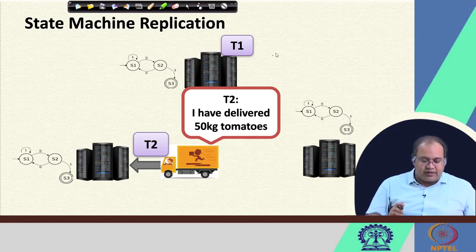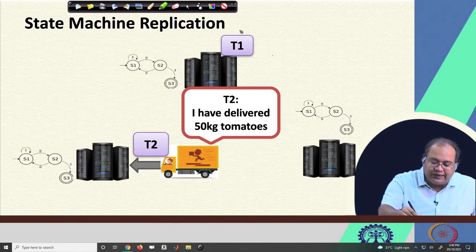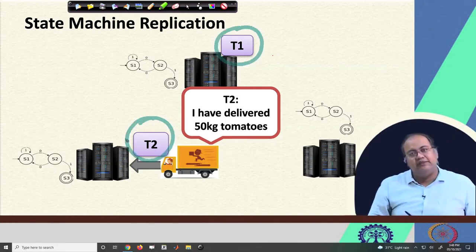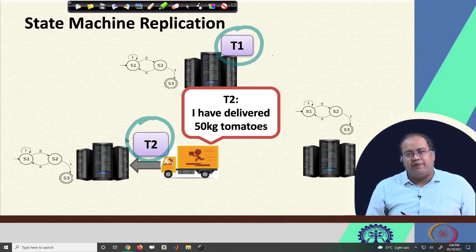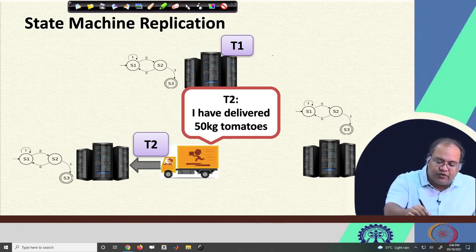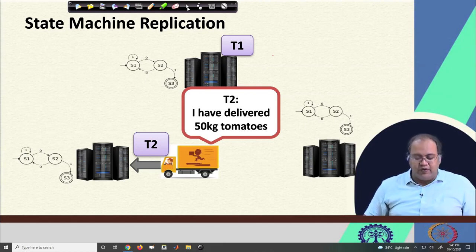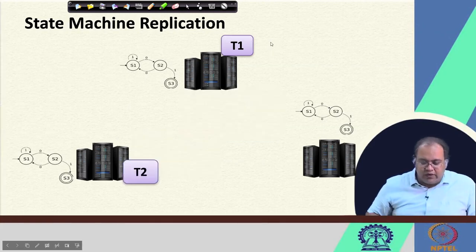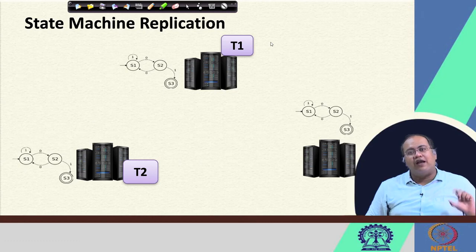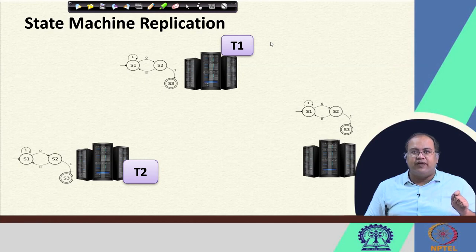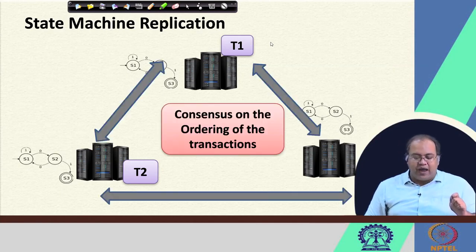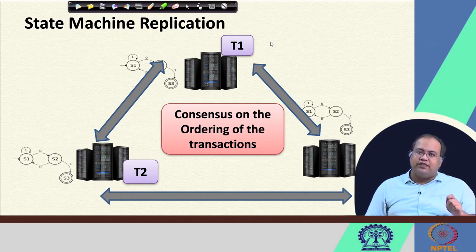So, now you have two different transactions, T1 and T2, and these two transactions need to go through the consensus mechanism. So how will this consensus mechanism work? First, I need one node in the system that will order the transactions, that means which particular transaction will execute first, whether T1 or T2. Accordingly, I come to a consensus on the transaction ordering,